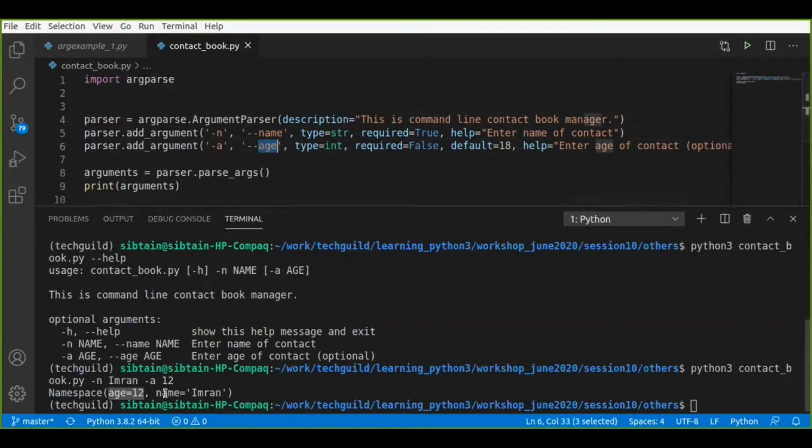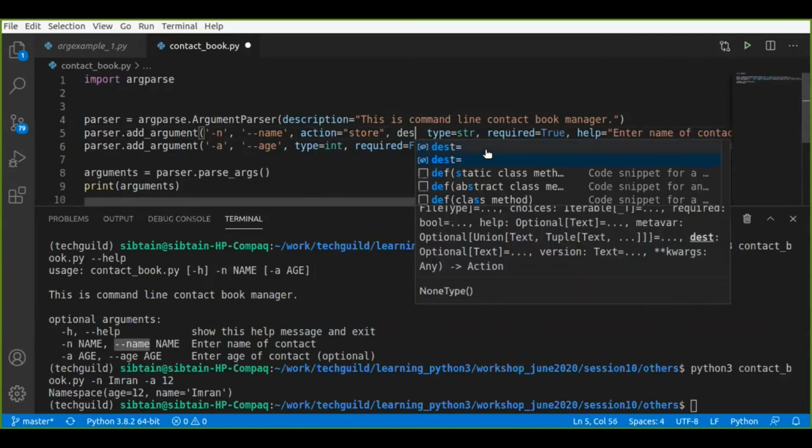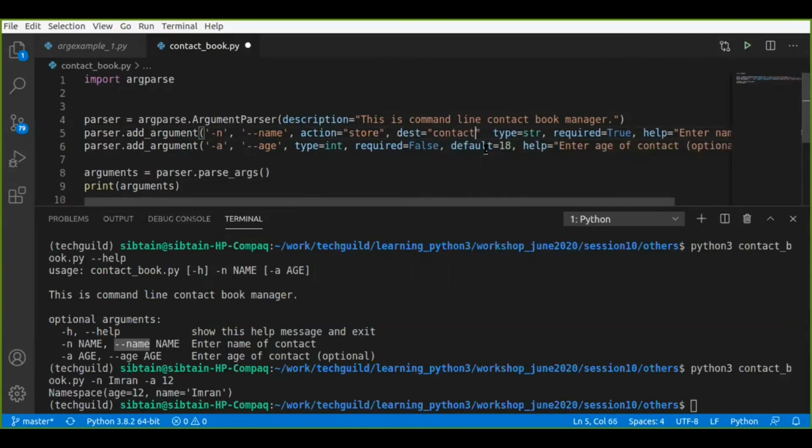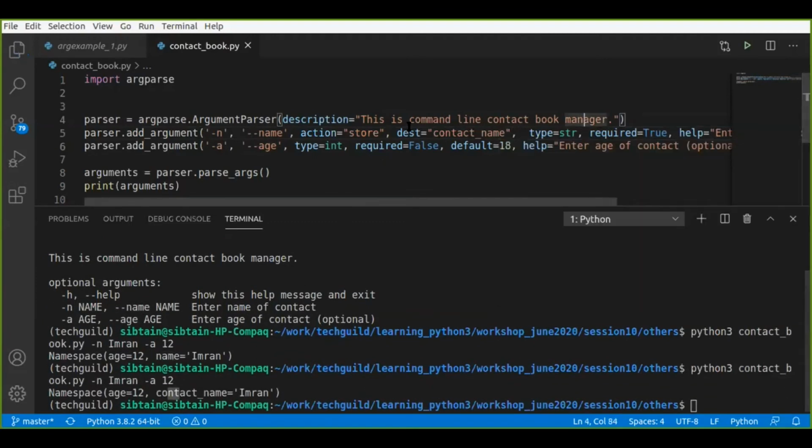Assume you don't want the variable to be name here. You want the variable to be contact underscore name, but you don't want to change the command line. In that case, action equals store and destination equals contact underscore name. Now if I run my program, you will see instead of name, it is taking contact name. Why? Because I have explicitly specified the destination variable name.